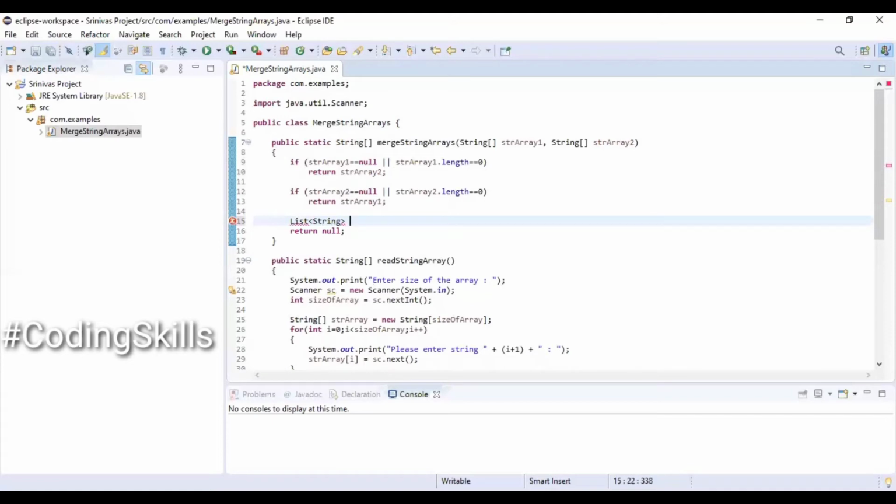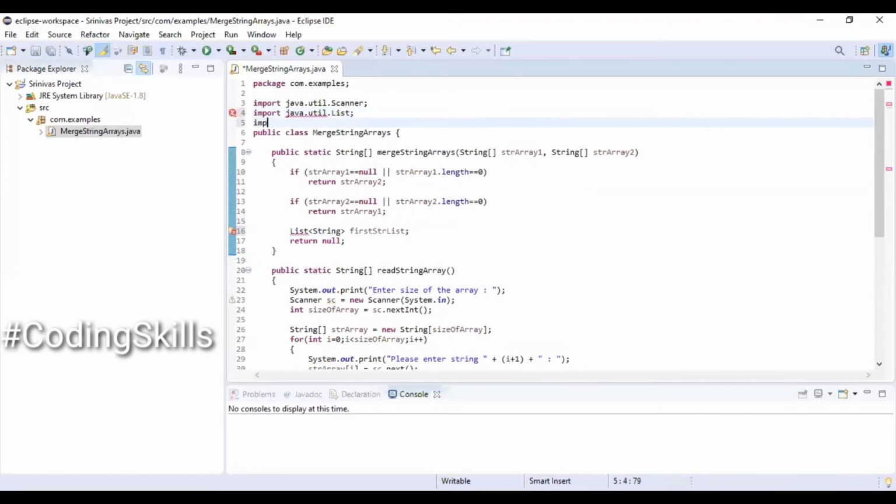Declaring a list which is of type String, firstStrList equal to, and first we are importing the respective classes. Importing List from the util package and also importing ArrayList from the same util package.